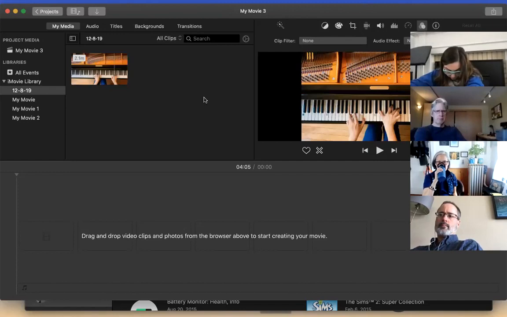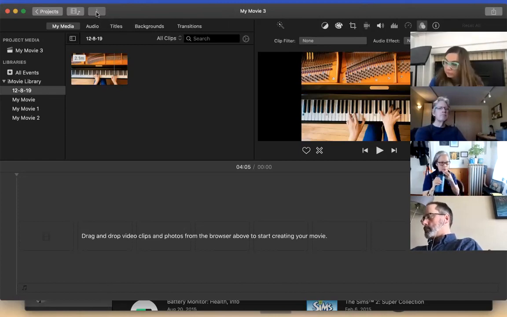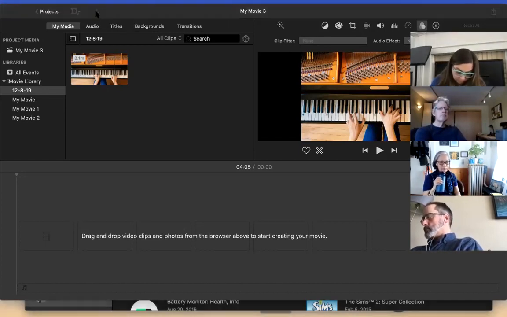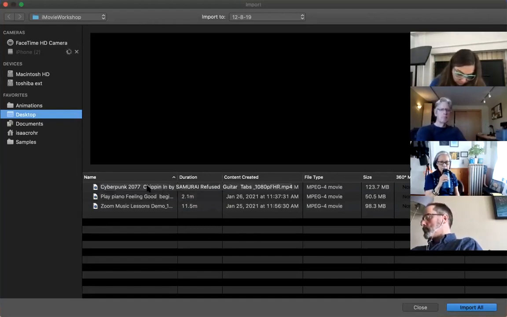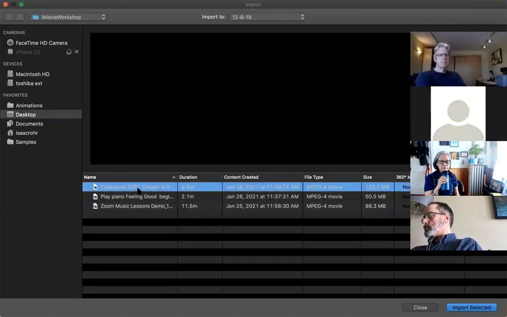screen before we made the project, I can go up to the top here to this down arrow. That's the import button. If you haven't imported anything yet, it'll basically have a big down arrow here, telling you that you haven't imported any media yet. So I can click that, and it'll bring up the exact same menu as before. And it's defaulting to where I last looked. So if you have a folder that you've already put a bunch of files in, it'll take you over that way. So I want the rest of these videos.